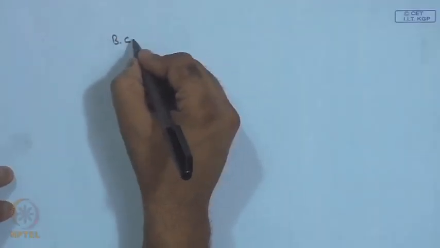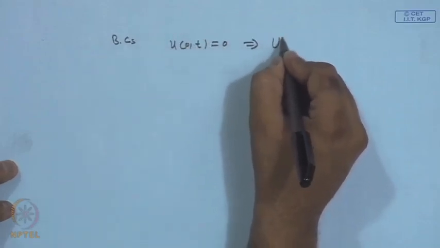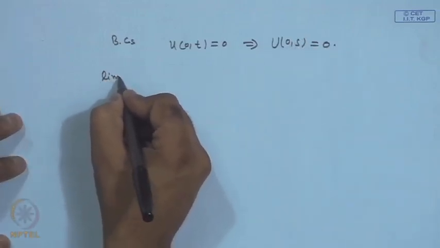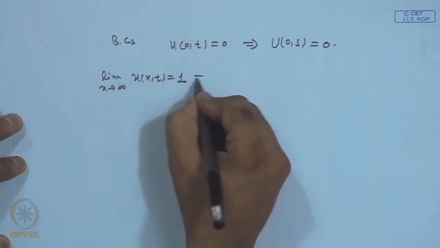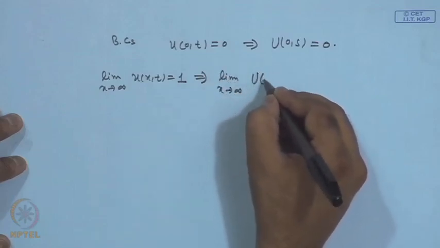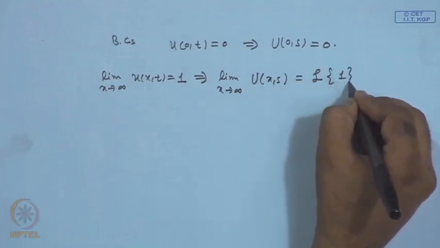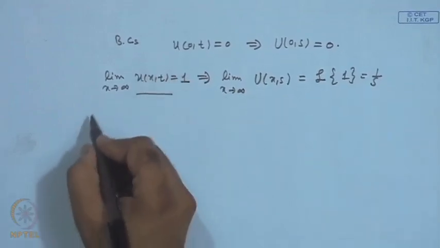So, now we consider the boundary condition. The boundary condition was u(0,t) is 0, and from here we will get that u(0,s) is 0. We have the second boundary condition that as x approaches infinity, u(x,t) is 1, and this implies the limit as x approaches infinity of u(x,s), which is the Laplace transform of 1, will be 1 over s. So, we have taken the Laplace transform on both sides of the differential equations, and now we use